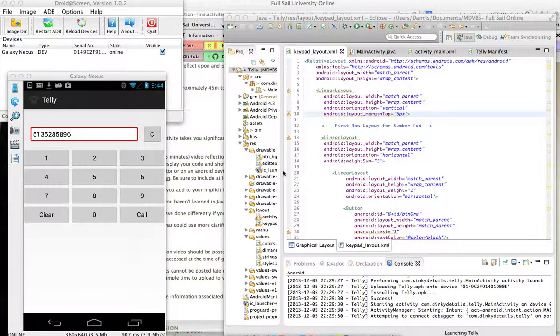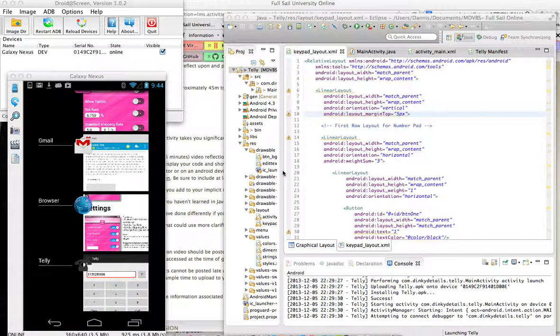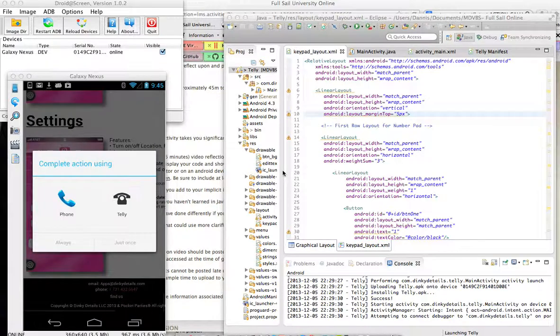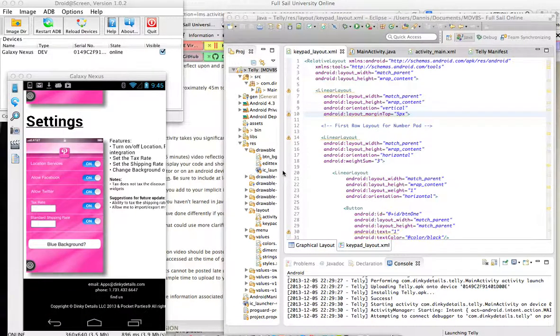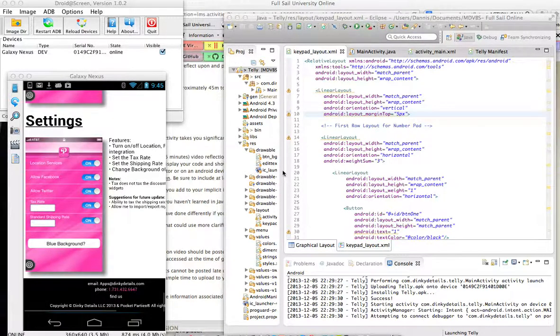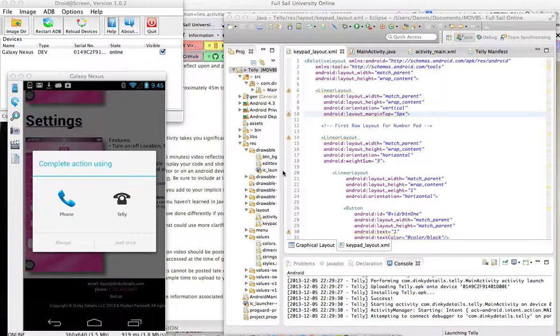The other thing is to get it to launch from somewhere else. So let me get out of there. This is just a website, and if I choose this phone number down here and click on it, normally you would only have an option to go directly to the phone. Now I have the option to use the phone direct from the Android device, or I can use my Telly app.